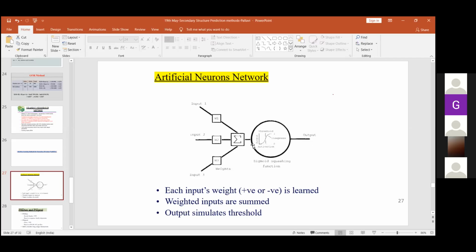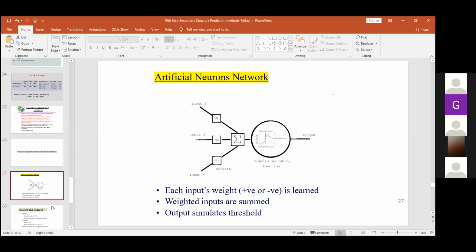So what if I talk about the structure prediction? Here I have trained my neural network with different sequences and their known secondary structure, so that when I get an unknown sequence, the test sequence, my classifier is able to categorize that unknown sequence into alpha helical form, into beta strands, or into turns and coils. So it is a supervised learning method, whereby you have trained your classifier based on the known inputs, based on the known structures of the specific sequences, to run on the unknown sequence and classify it into a particular secondary structure type.